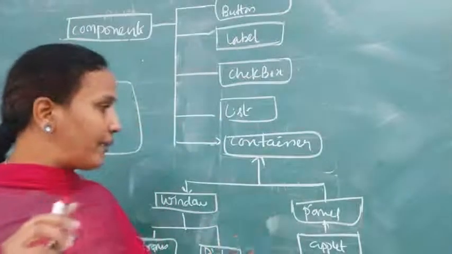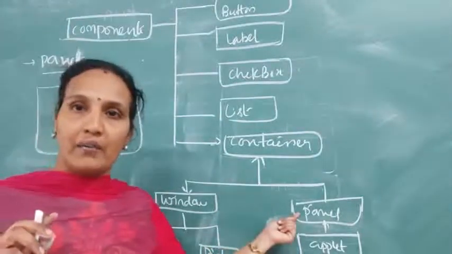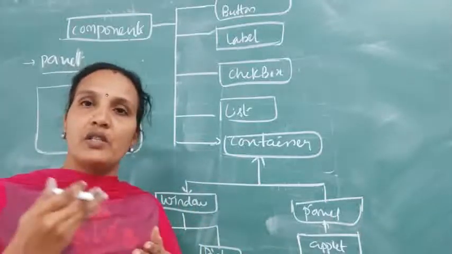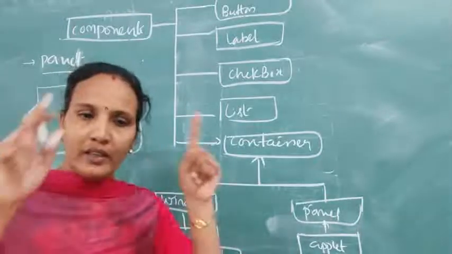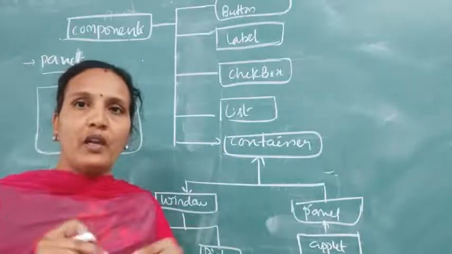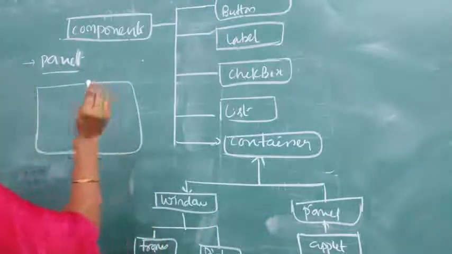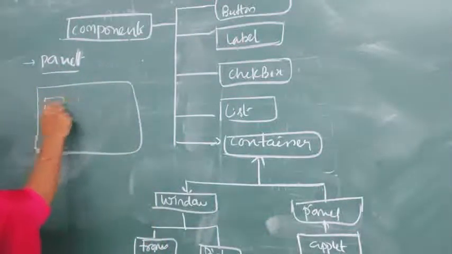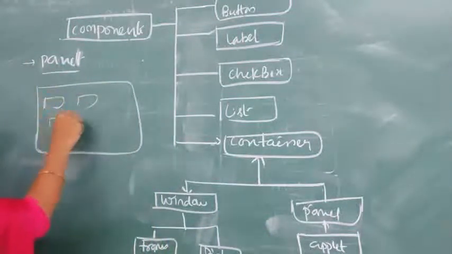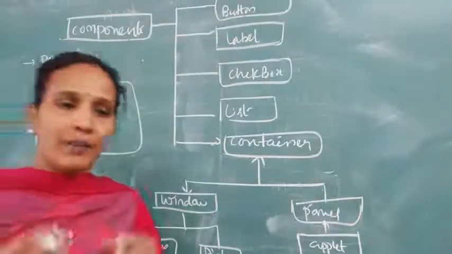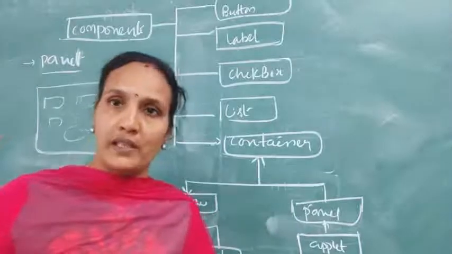I think it's applet, already I explained applet, right? You will get the screen. There is no title bar, there is no address bar at all. Only the window you will get. So on that window you can add these components. Example, this is a panel. You can add a label, you can add the text field, you can add the checkboxes, you can add the buttons. So on the panel we can add the different types of components.